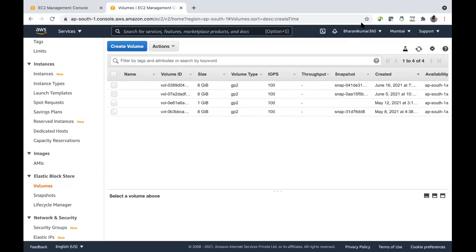Difference between memory, storage, and volume. Volume is nothing but your storage. If you look into your laptop's configuration, you'll have some storage. And further, your storage is divided into partitions by your operating system.